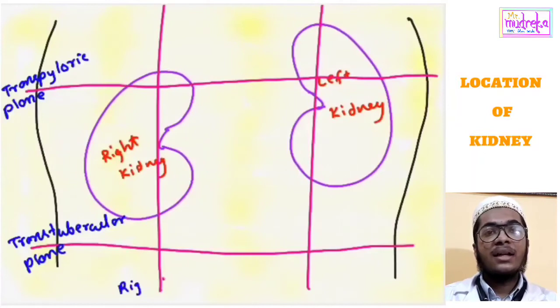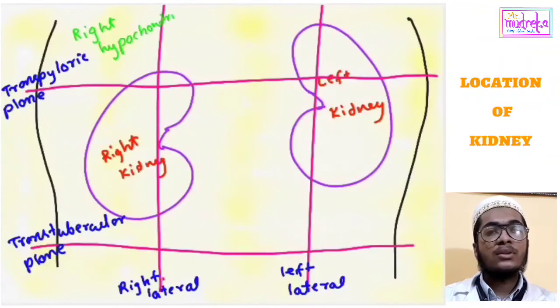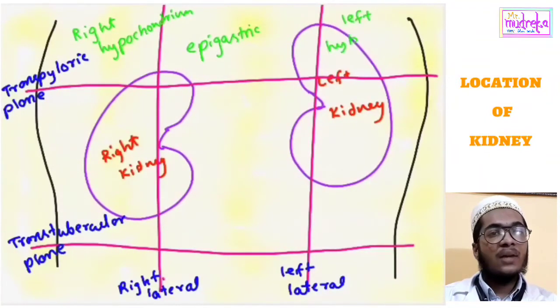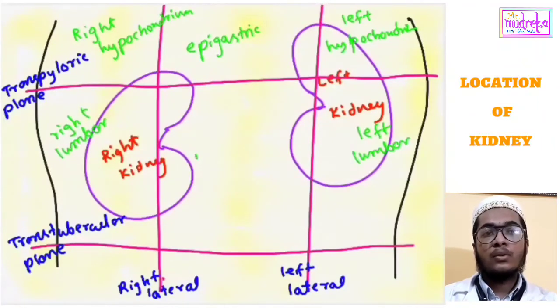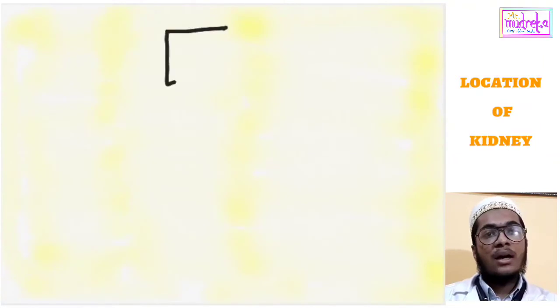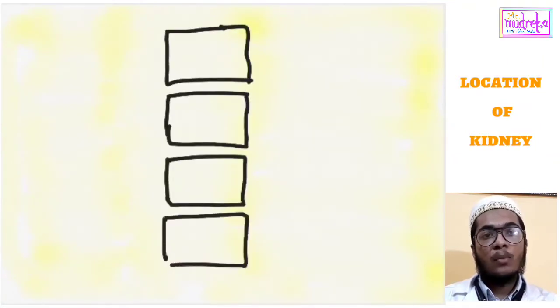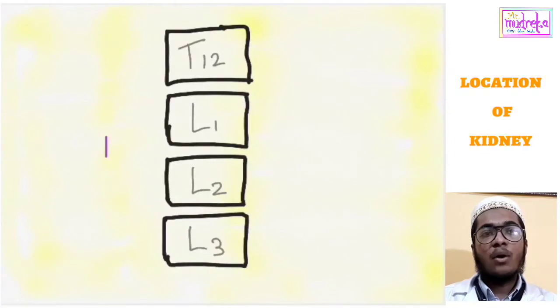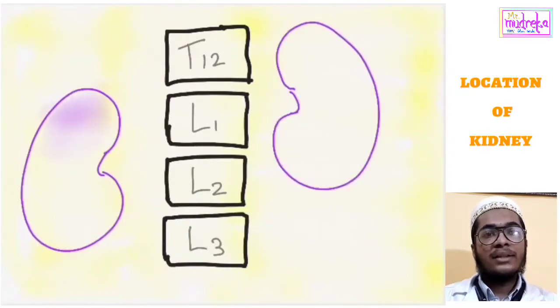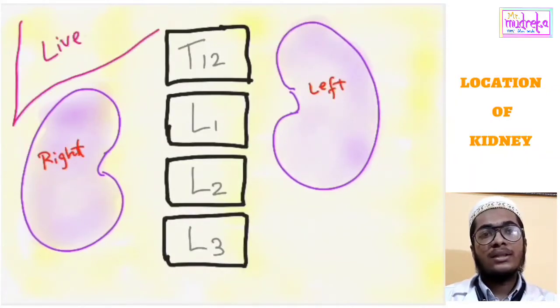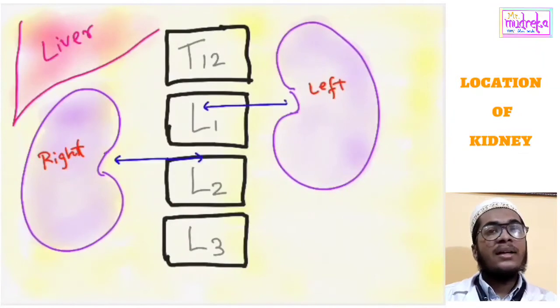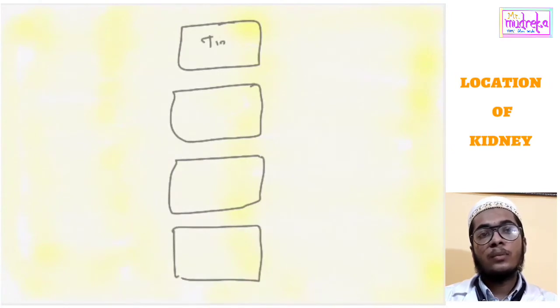The right kidney is lying slightly lower than the left one, as you see, due to the presence of liver on the right side, and the left kidney is a little bit nearer to the medial plane as compared to the right. So if we imagine a long axis in the midline of the body, then kidneys are slightly oblique, that is being directed downward and laterally, so that their upper poles are nearer to each other than the lower poles. If we see the measurements, then the upper poles are 2.5 cm away from the midline.